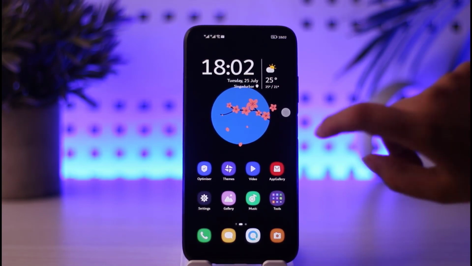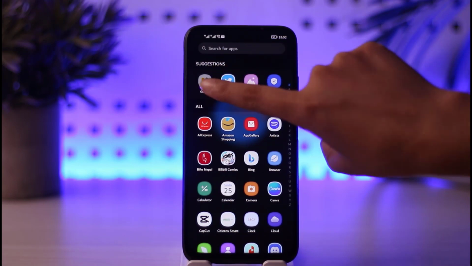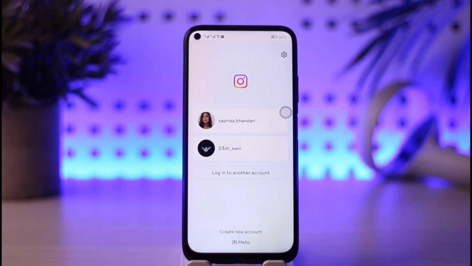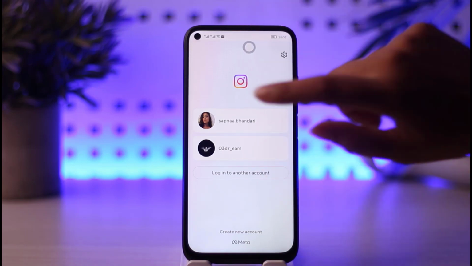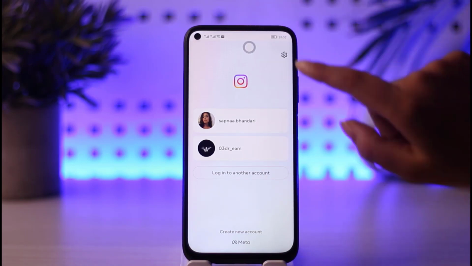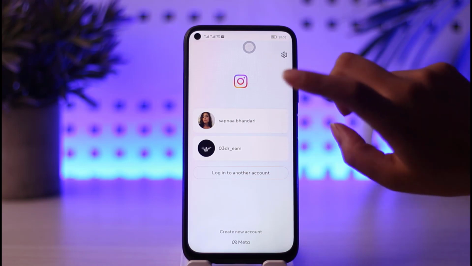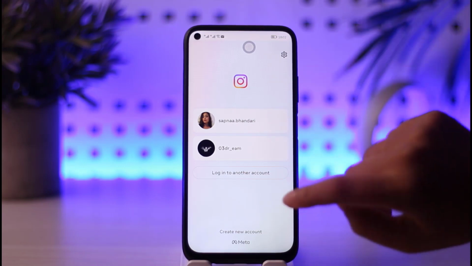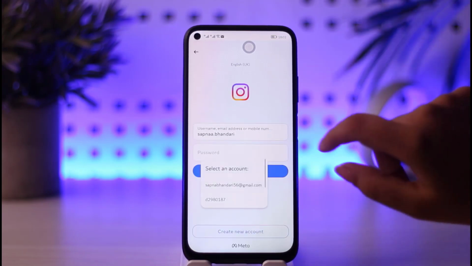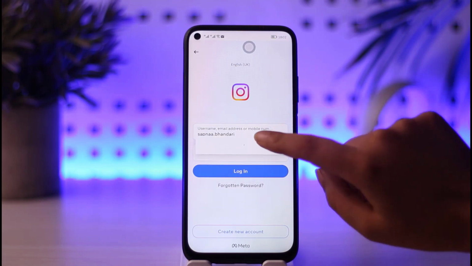First of all, you have to open your Instagram app. Once your app is open, that's basically what it's going to look like. Let's say I have a particular account and I forgot the password. For me, those two accounts' passwords are saved. If I tap on them, the account will open. Let's tap on this, log into another account, and what you're going to do is simply enter